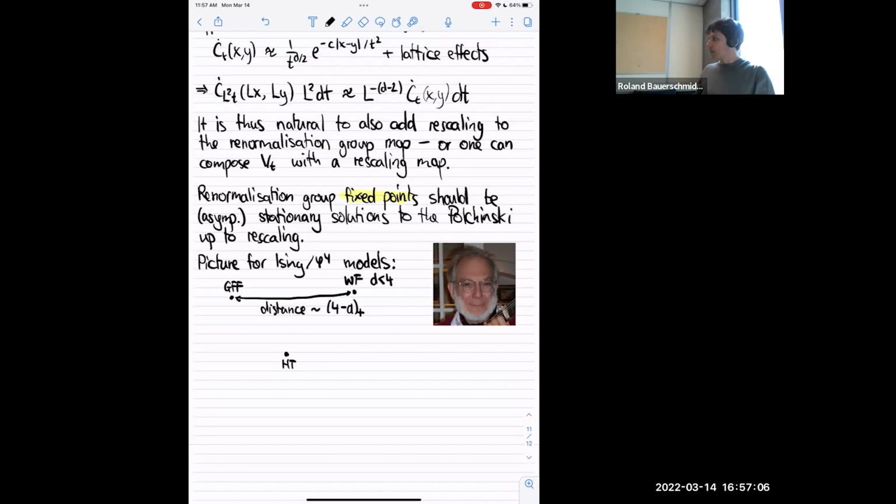And what you see is that in 4 dimensions, at least in this perturbative way, you can only see the free field fixed point. But if you go to dimension 4 minus epsilon, you see there's a new fixed point appearing in these equations. So at this point, it's a computation at the level of a single variable. It's a single coupling constant where you can write down this approximate equation, and you see the parameter epsilon appears, and in some sense, the Gaussian fixed point is at 0 in this setup, and the non-Gaussian one will be at a coupling constant which is close to 0, of order epsilon.